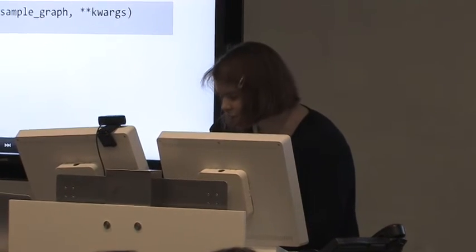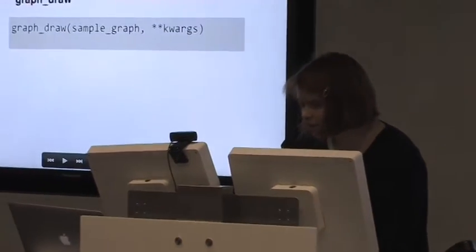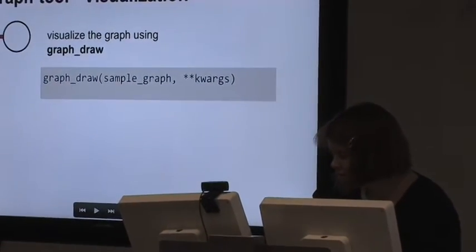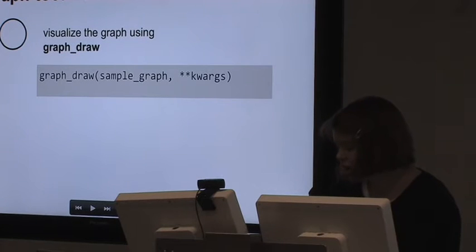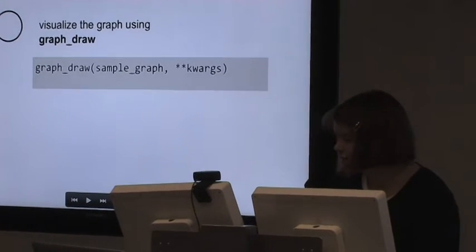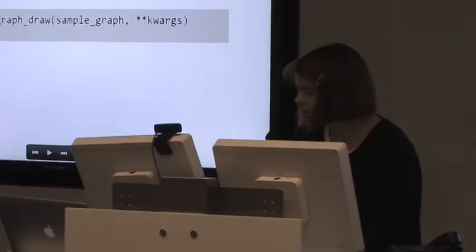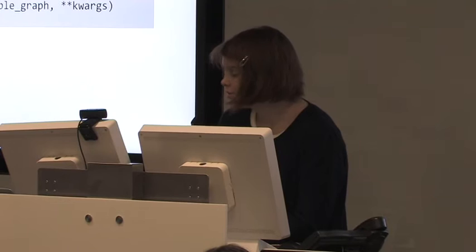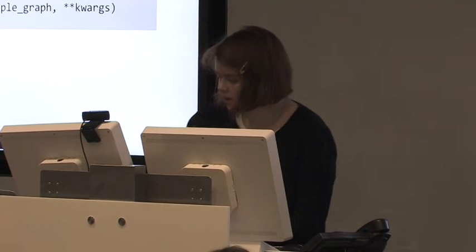Right, so now comes the fun part, at least for me. When you're dealing with graphs, it's always fun to draw them and visualize them, and GraphTool offers you a lot of different ways that you can do that. So the simplest one that I picked and that worked for me was the graph draw function. You simply pass your graph into it, and you can pass a bunch of other keyword arguments that define the colors of the vertices or the lengths of the edges or the positions of the vertices, and pretty much anything you want. So if you're interested in tweaking your graphs, I encourage you to look at the GraphTool documentation. It's actually pretty good.